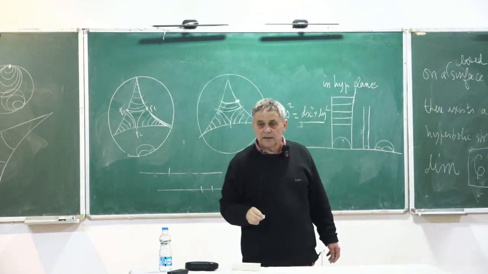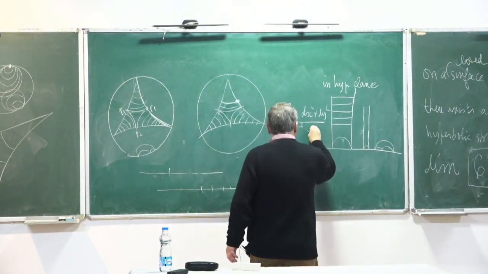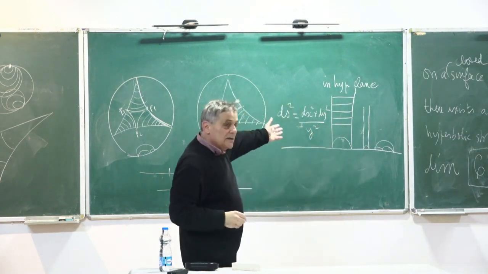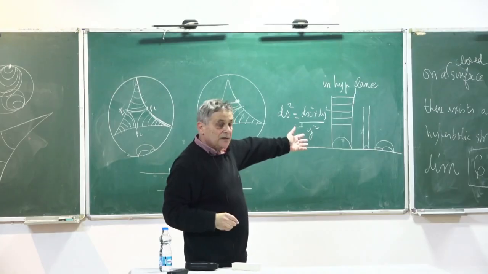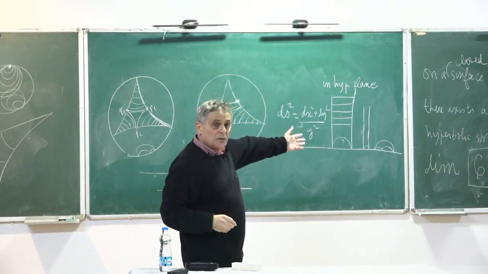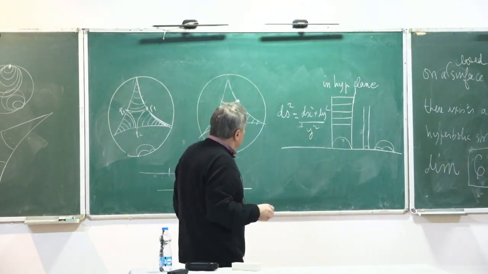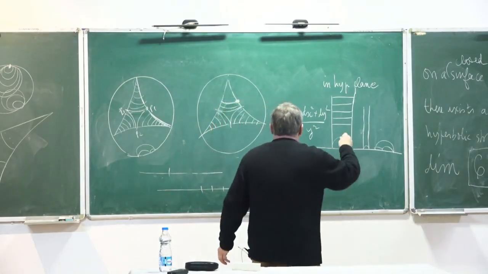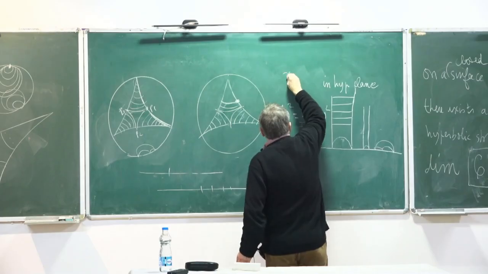Divided by y squared. Okay, good. So this formula means that if you want to compute the length of a curve in the hyperbolic plane, a curve like